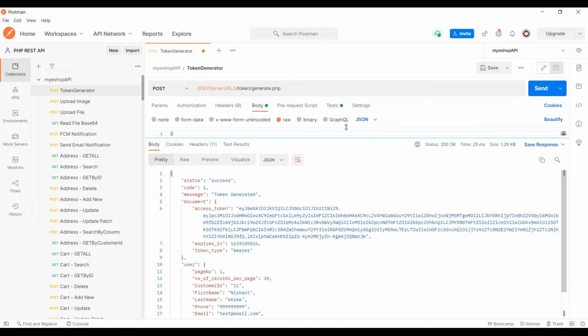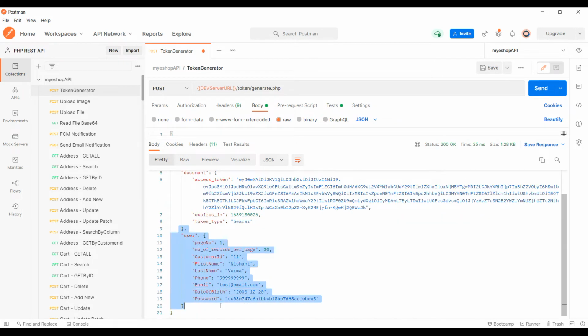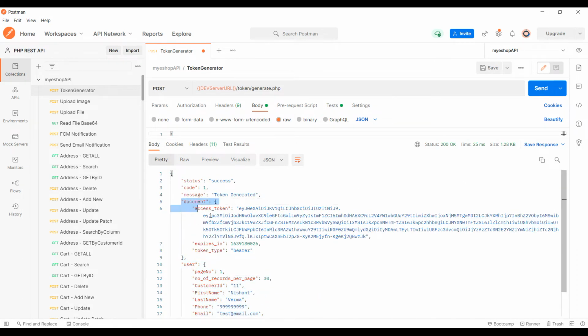Okay, see, this token is generated. You have all the user information, and then the related document information. So this is my token generation.